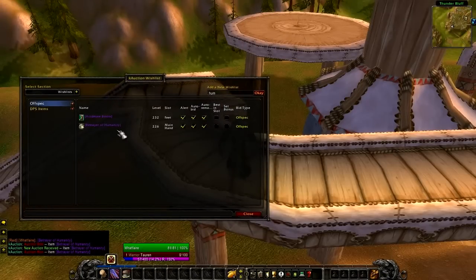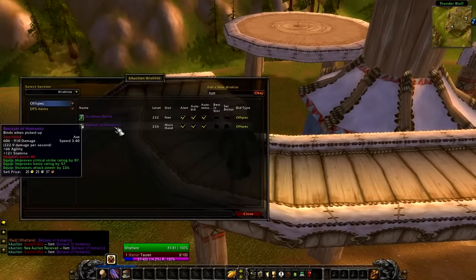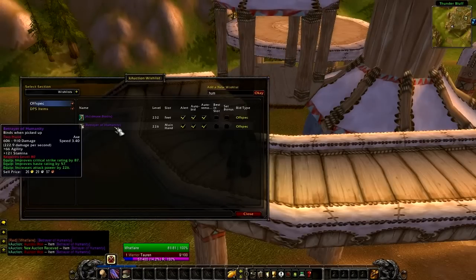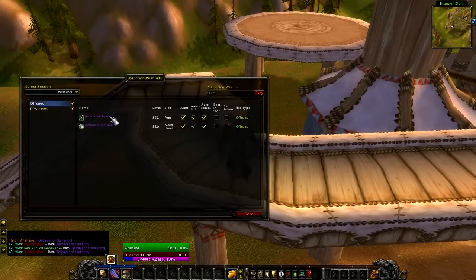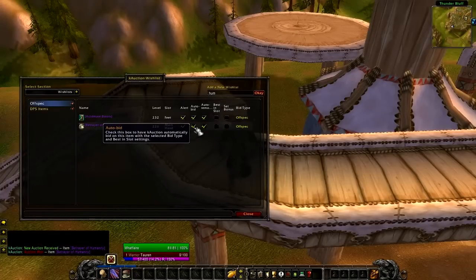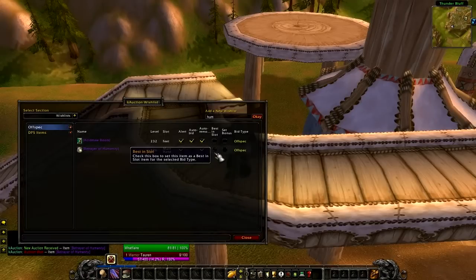Again, because kAuction will look through, it tries to prioritize things. The priority system is explained in detail on the forums post, but for now, just know that it finds the highest priority wish list item that matches whatever the auction was. So even though I had 2 betrayers in my wish lists, one for off-spec and one for the DPS items, it picked the one in my DPS items because that was a normal bid type, whereas this one's off-spec. So let's uncheck auto bid, and we'll keep alert on for this off-spec,